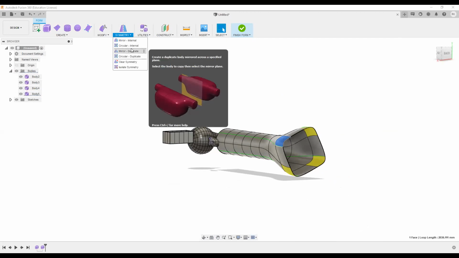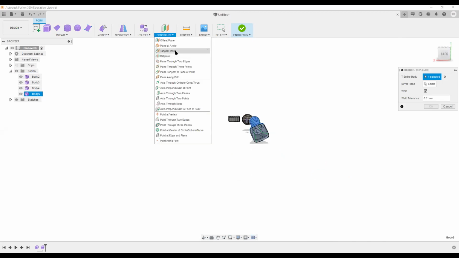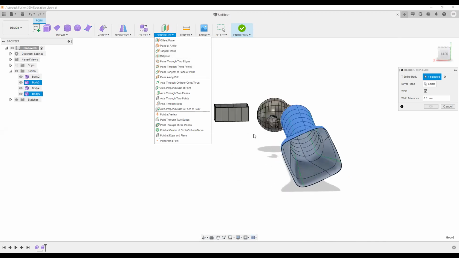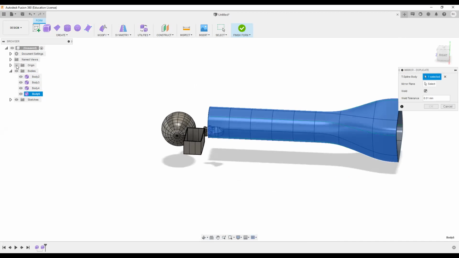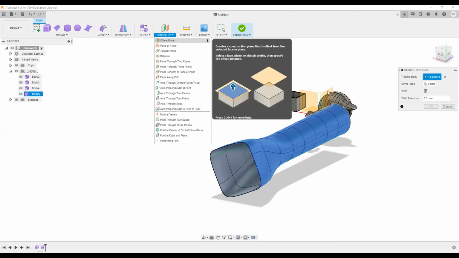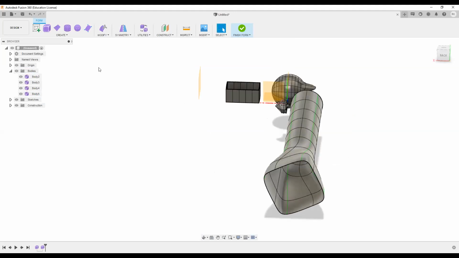Now there is a mirror duplicate option where I can make the exact same body. I'll first have to take a plane. I'll take an offset plane in this direction.